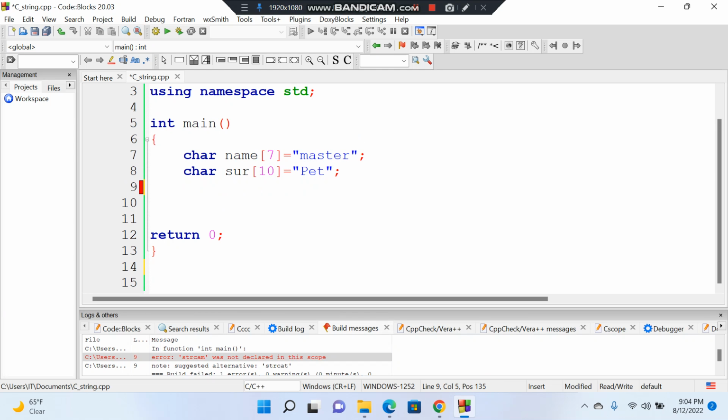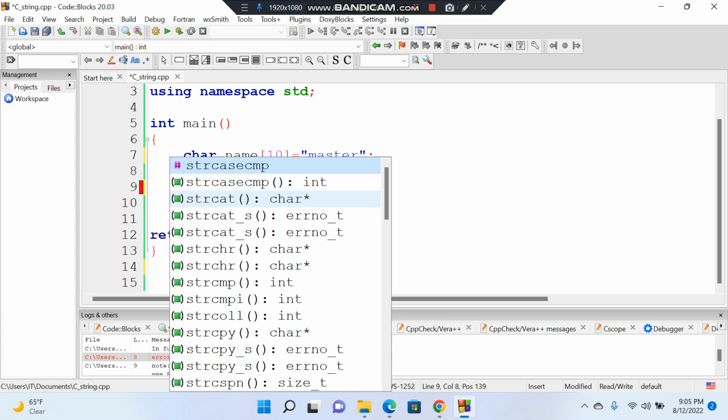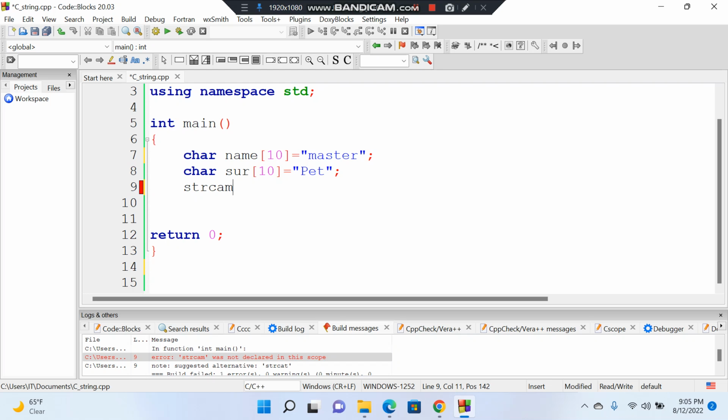So if I have this string here called master, let's say I'm going to increase it to 10. So if I have a string concatenate, something like that, you add, for example, I want to add something from the name, I will just write a name. Then after, when I write a name, you will say, okay, I want to add pet. Let's make this one a comment for now, so that you see how it's working. It's not there. So I want to add